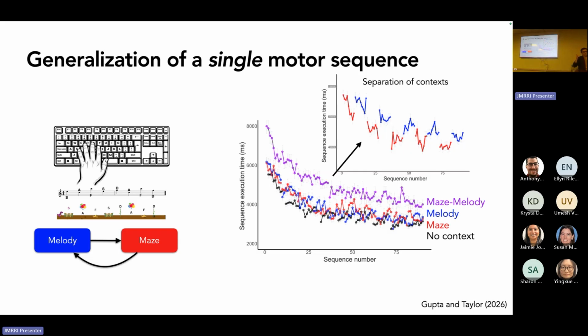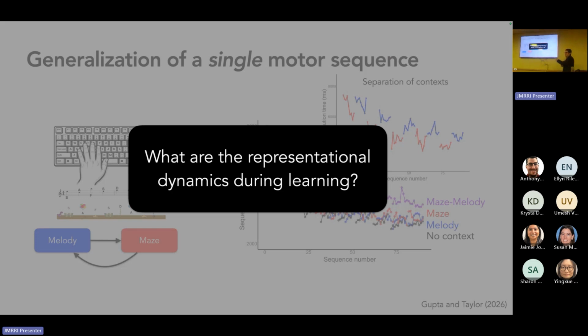And so to us, I was telling the man about this, we didn't intend for this to exactly happen when we were doing another experiment. And this consumed us: how did you get this context dependent separation or split of these single motor tasks that you had to learn? Okay. And what we could ask with this is, what are the representational dynamics that are underlying this learning? How did this single sequence get split or context linked to these basically two different dynamics?